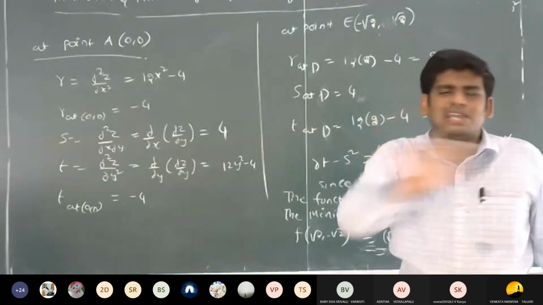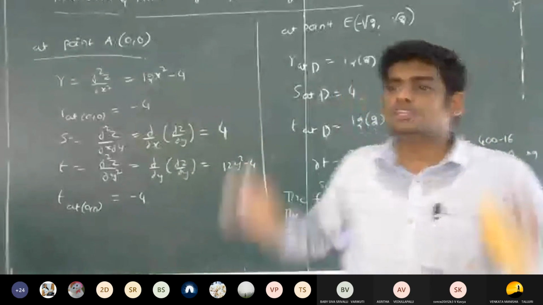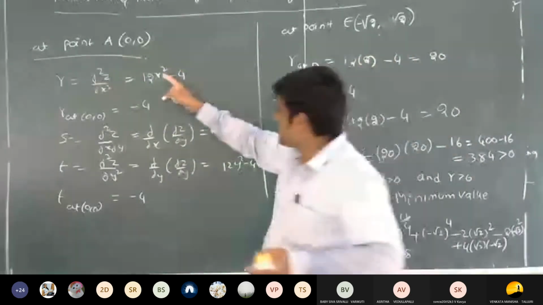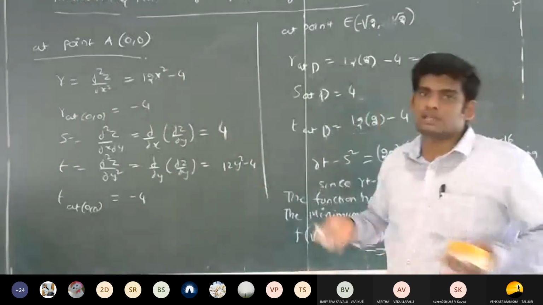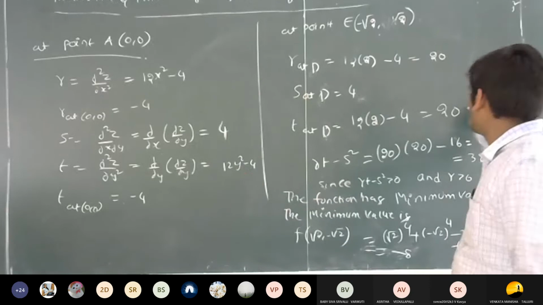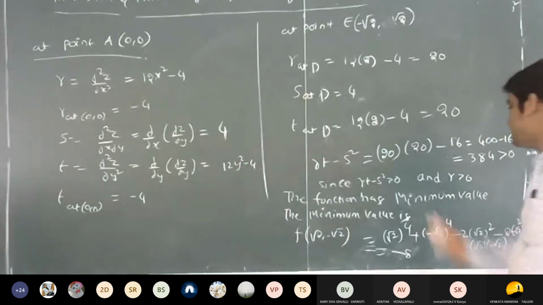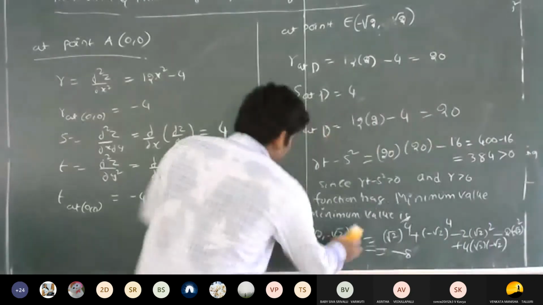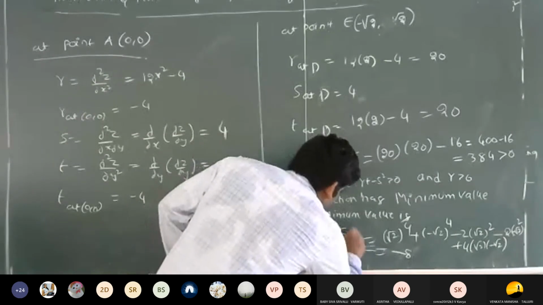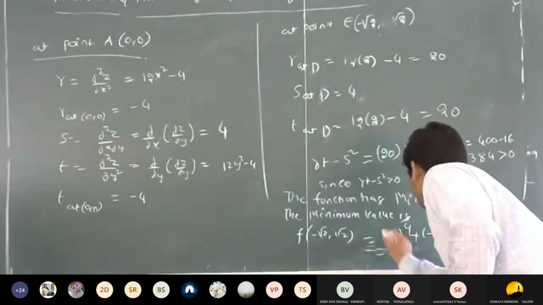If you get an idea, you don't need to solve entirely. So just change this one like this. Why? Because here we have squares. Here we have squares. So no change, I think, right? So this is 20, this is 20. Same reason. But the point is f of root 2 comma minus root 2 comma root 2, minus root 2 comma root 2. So we have to change this one.